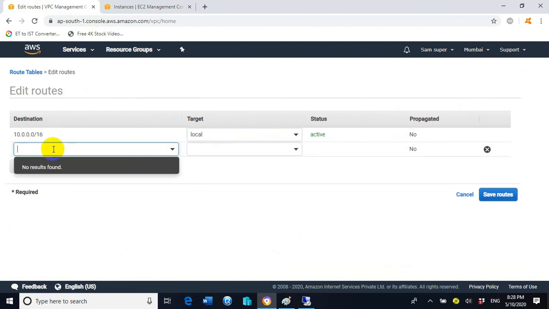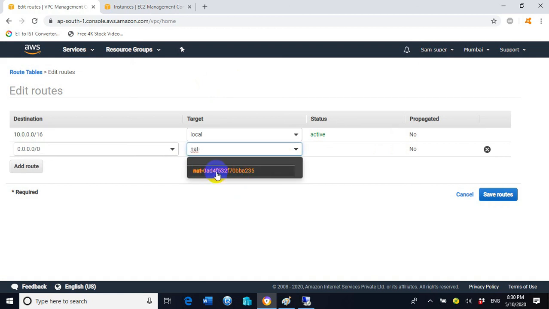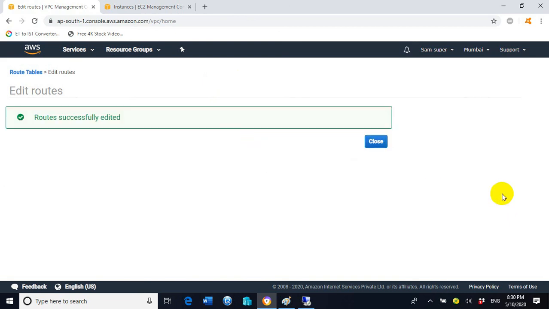So here enter the destination 0.0.0.0/0, and under the target, this time select NAT gateway. So here you can see the ID of the NAT gateway. So select this ID. Now click on Save Routes.